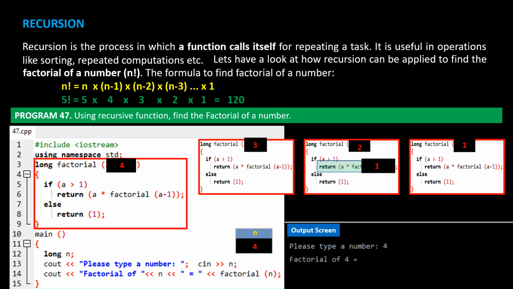In this function, it says return a multiplied by 1 or 2 multiplied by 1. So, 2 times 1 is returned to its parent function factorial of 3. Here, the incoming value replaces function call to factorial of 2 and returns 3 multiplied by 2 times 1 to its parent function factorial of 4. In this root parent function, it says, return 4 multiplied by 3, multiplied by 2, multiplied by 1, which is